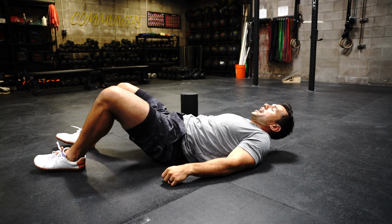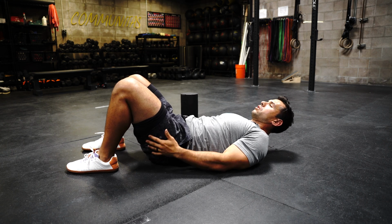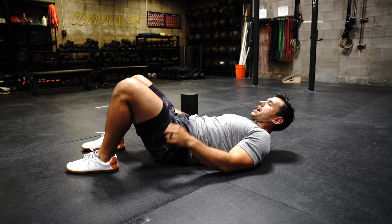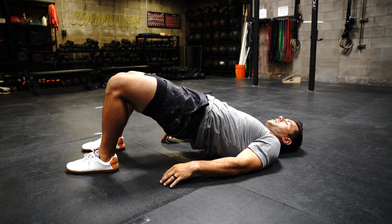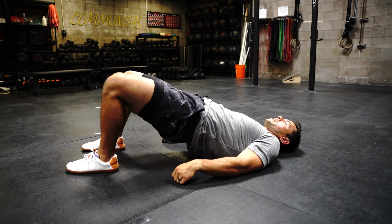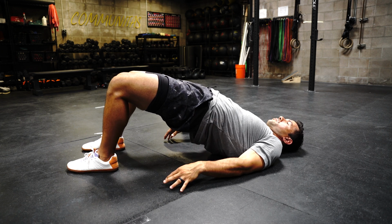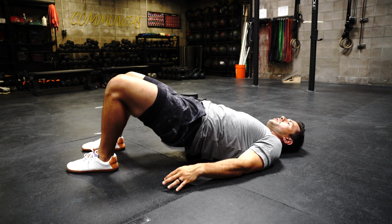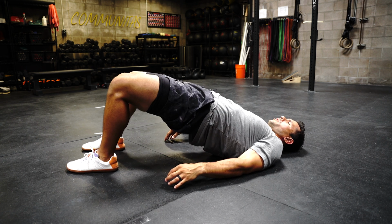So I'm gonna be lying flat here. My feet are gonna go as far as I can underneath me. I'm going to squeeze my bottom and my ab muscles and lift my hips as high as I can, trying to get my hips in line with my knees if I can, and then lower back down. Here we're gonna go through 10 reps. There's 2, 3, good, 4,